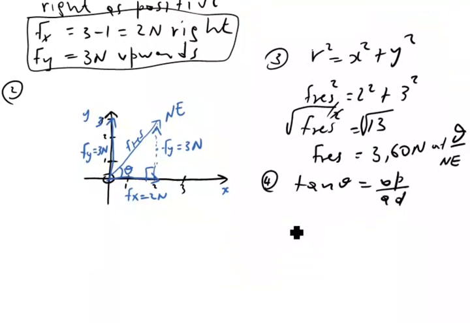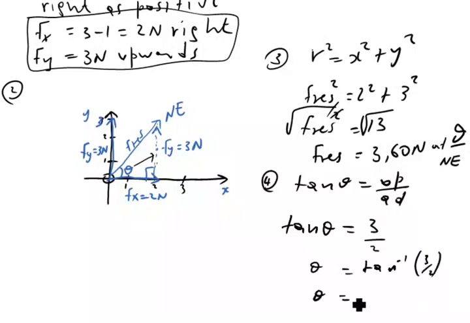So tan theta is equal to the opposite, which is 3, over the adjacent, which is 2. Theta is equal to tan inverse of 3 over 2, which is 56,30